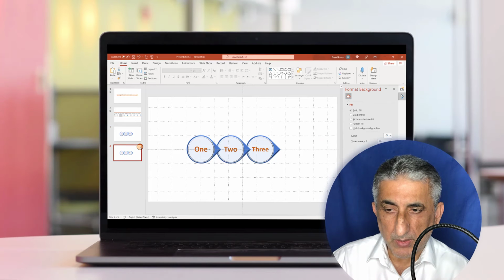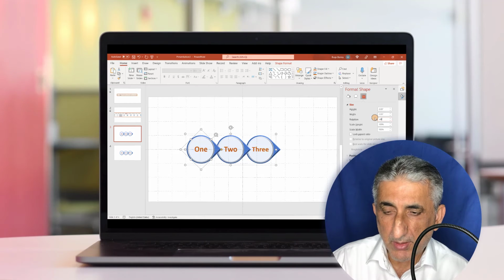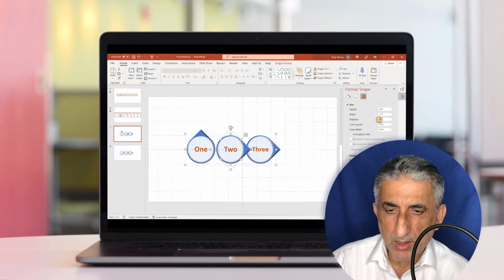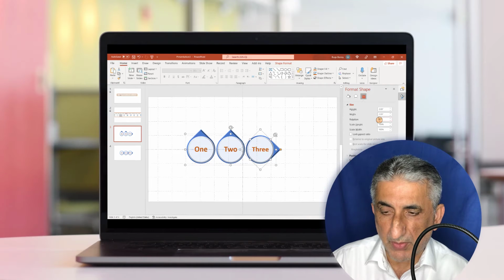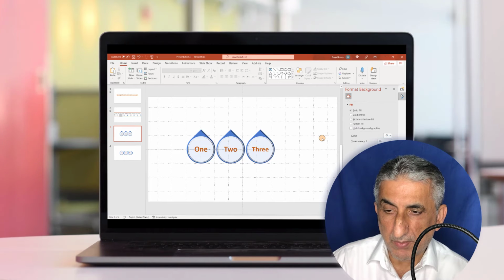Let me duplicate the slide, copy and paste, or Ctrl+D, you will get a duplicate. This is the shape that I want to change to -45 degrees. I'm changing the teardrop only to -45 degrees. And the number 3 as well. Just type in here -45. Now I have